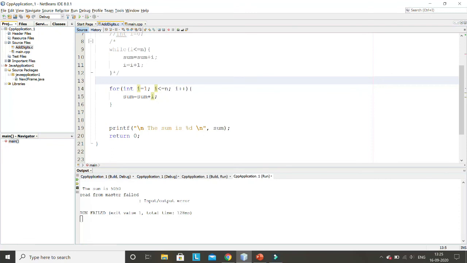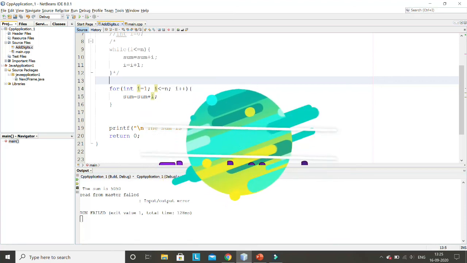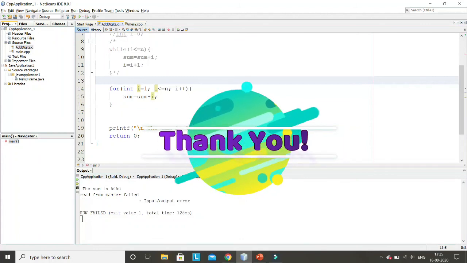Okay, so I'm stopping here. This is an introduction of looping statements in C programming. Always remember that I'll explain all this syntax of C again when I explain these things from the book chapters. But now I am just preparing you for the lab assignments. Okay, I'm stopping here.